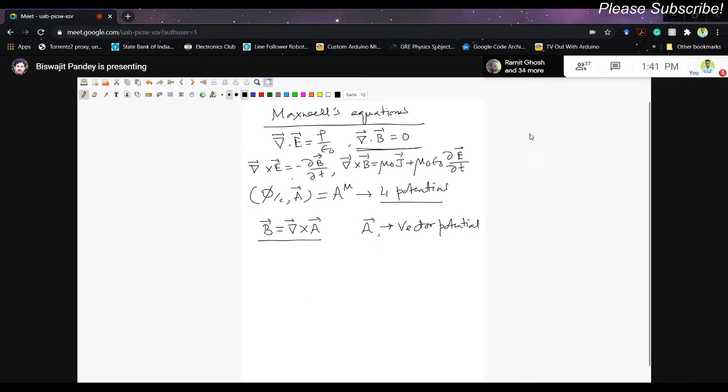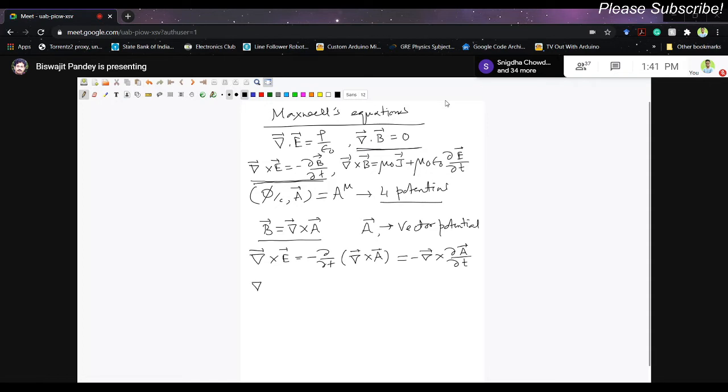But here, when you look at this equation, this is not 0, right? So this is non-zero. Curl of E equal to minus del B by del t. And since we already know that B is curl of A, we can substitute it in that equation. So curl of E will be minus del by del t of curl of A. Earlier it was 0, so we need not think about that, but this time that is not the case. So this time we have to write this. You can also write it as minus curl of del A by del t, since time derivative and space derivative are interchangeable.